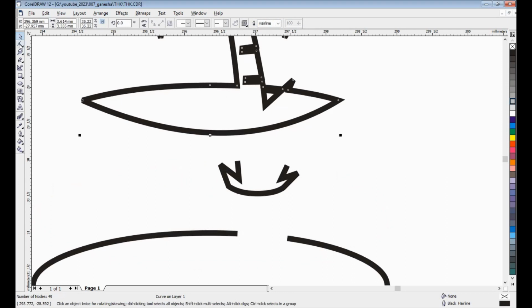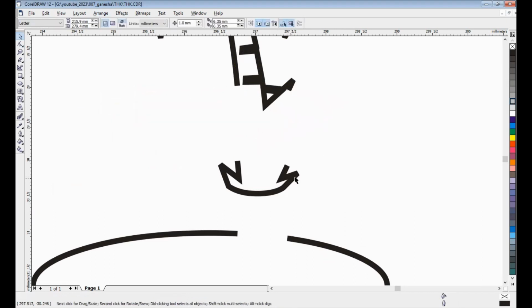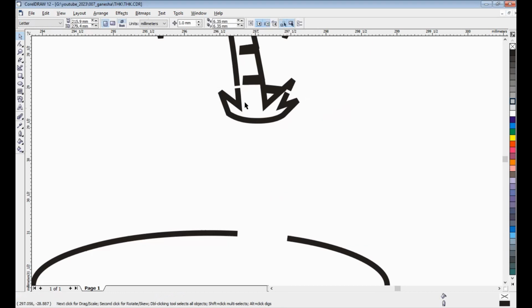And this thick one, break curve, and maybe this one also break curve. After that, break curve apart. Okay, we can delete this. Now we have the bottom part and the top part.